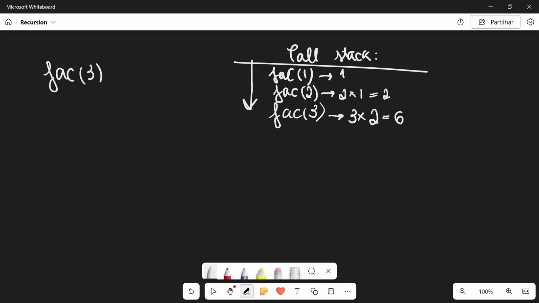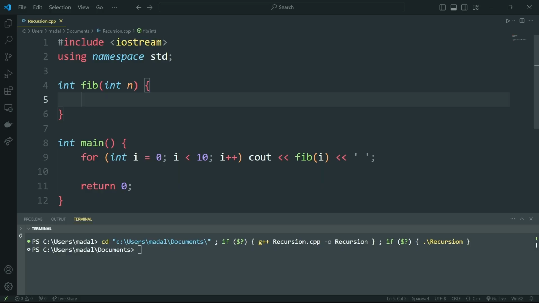So when we call a recursive function, we're going to add frames to our call stack. So every time we call our function, we add another frame to the call stack. And then all we need to do is erase them one by one in the reverse order and calculate the values that we need. So I wanted to show you another example before I finish the video, which is the